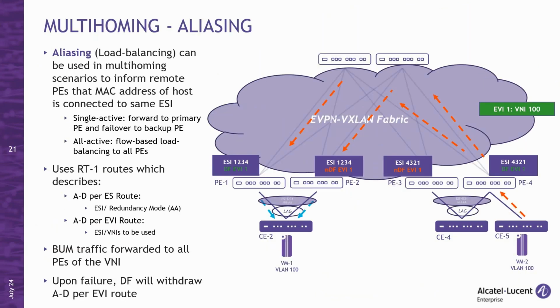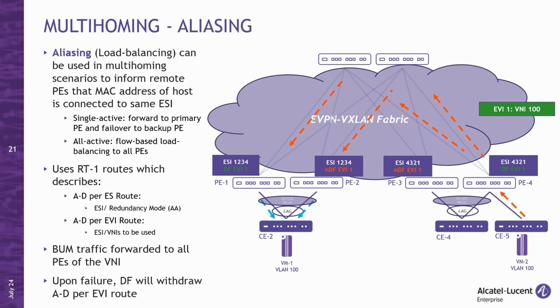Another feature of EVPN is aliasing. Aliasing is a feature which allows load balancing of unicast traffic from remote PEs to the local PEs, which are part of the same ESI. EVPN advertises what PEs are part of the ESI using route type 1 Ethernet auto-discovery routes and the redundancy modes